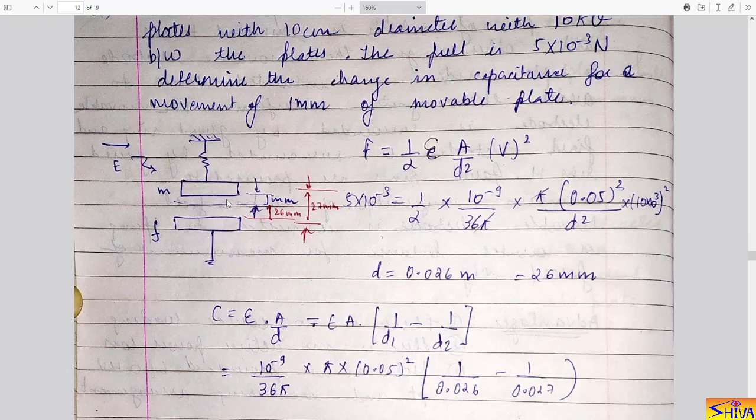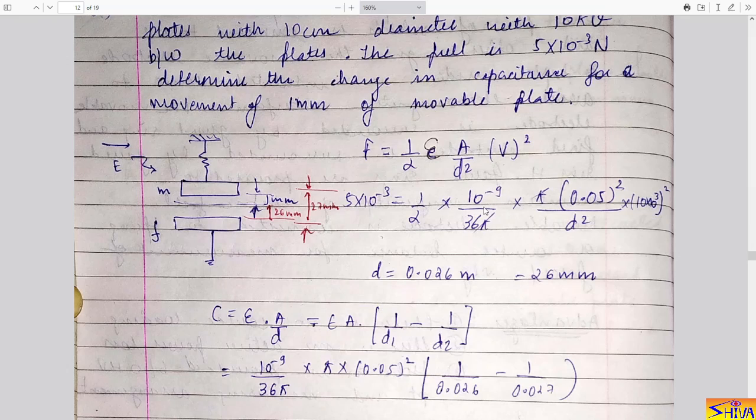So when force is applied, this movable plate will move by some distance. That displacement is 1 mm. It is given, the change in capacitance for a movement of 1 mm of the movable plate. So the distance has changed by 1 mm. So first we have to find, after changing, how much the distance between the plates is. So we use the same formula. Here the force is given, 5 into 10 to the power minus 3 newtons, that is equal to half epsilon 0,